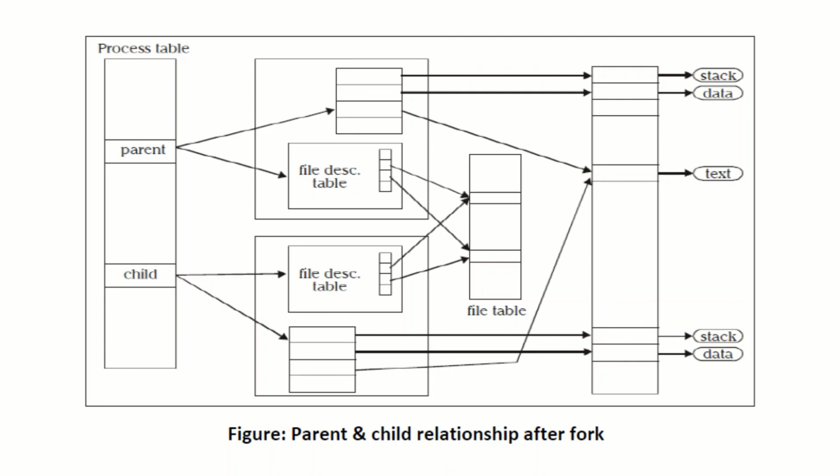In addition to these attributes, the following attributes are different between the parent and child process. Process identification number, PID, is an integer identification number that is unique per process in the entire operating system. Parent process identification number, PPID, is the parent process ID. Pending signals is the set of signals that are pending delivery to the parent process.